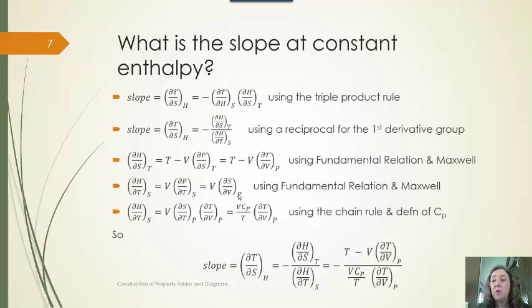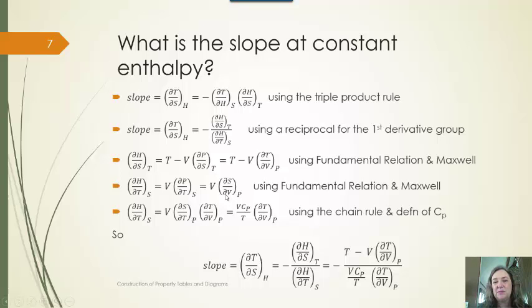That's somewhat unfortunate, because that has S in it. It's not something I know, but this had constant S in it, which is also something I don't know. So with this form, I can use the chain rule. The chain rule is not the same as the triple product rule. Here I am changing what I'm holding constant. In the chain rule, I keep holding P constant, but I insert